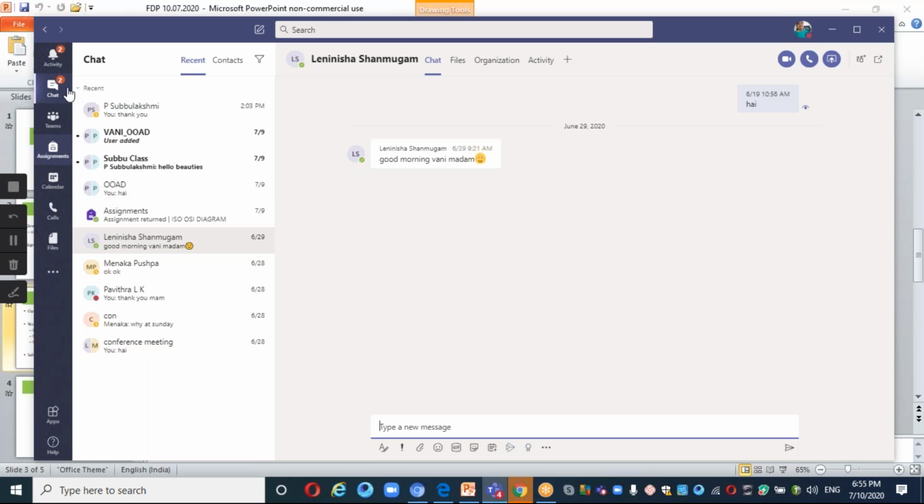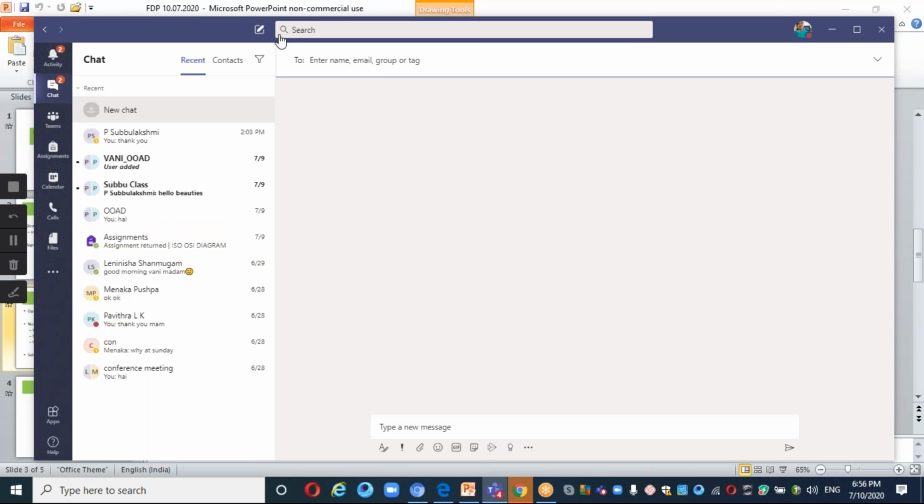Next, the main thing for your students or faculties: if I want to chat in Microsoft Teams, just go to chat and click that. At the right top, you can find a symbol called new chat. I think I'm visible to you here now. Click that. To whom do I want to chat privately?